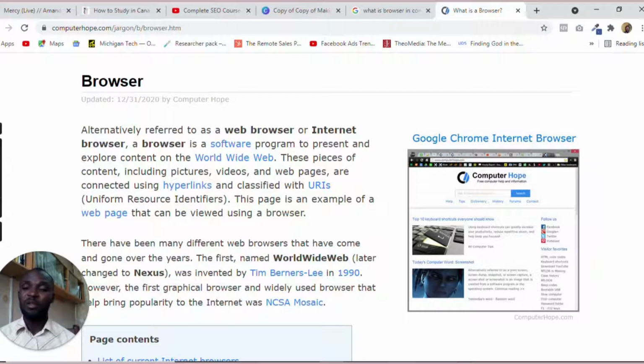It also depends on the browser that you are using. So you have to put that into consideration while choosing your browser. How fast is this browser? Does it work? All right. So what's the speed rate of that browser?